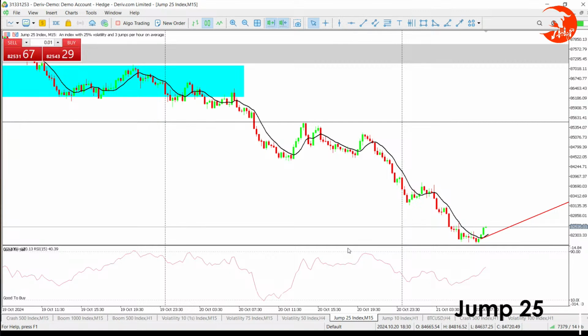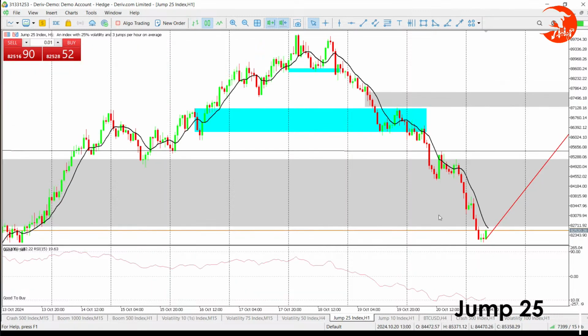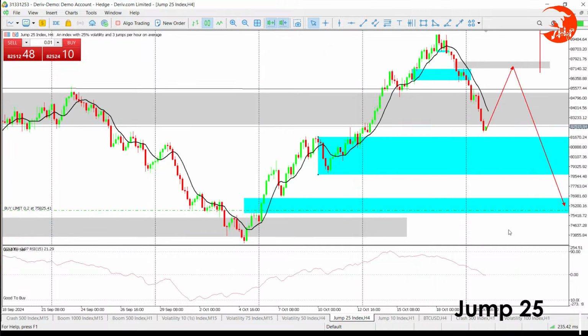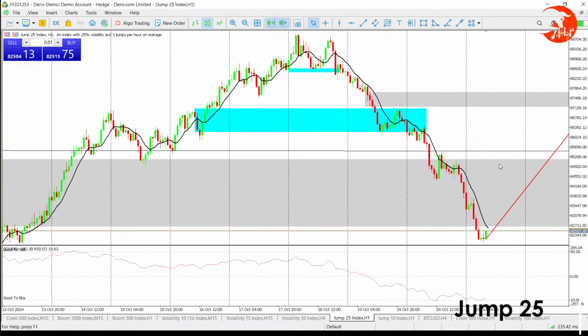M15, let's look at it. M15 has already shown us the price is above 10 MA, but now I want to wait for H1. H1 will give me the right entry once it makes the retest, and then we make our buy entry. So know that today we may make some money on jump 25 if it gives us a retest on H1, and of course then we'll wait for the retest on H4 again and also make an entry there. So for now we wait for a retest on H1, and then we can make our buy entries